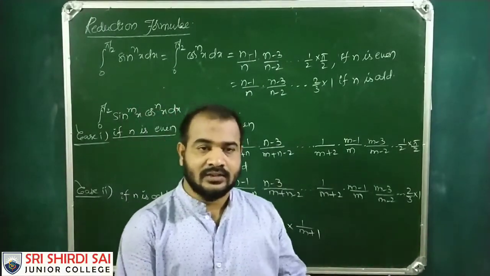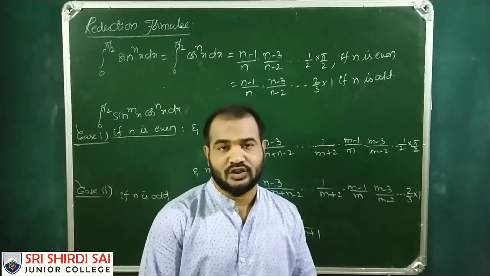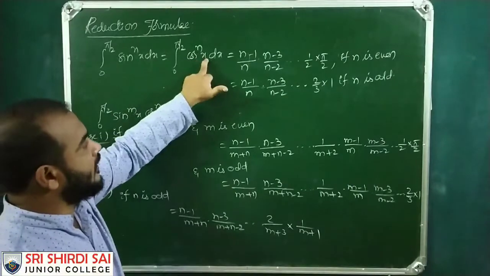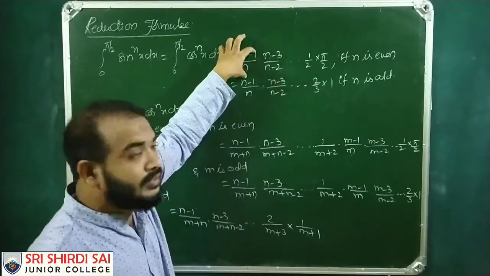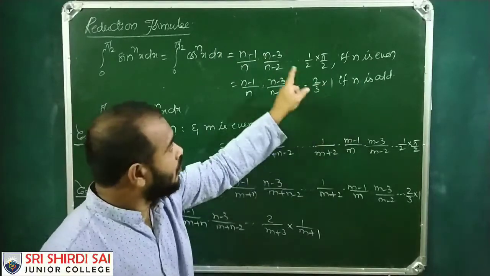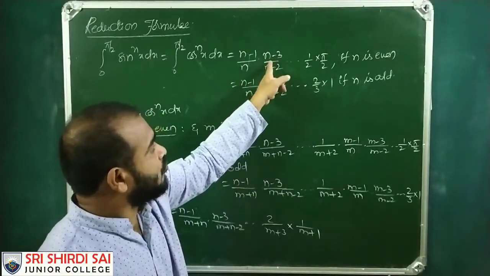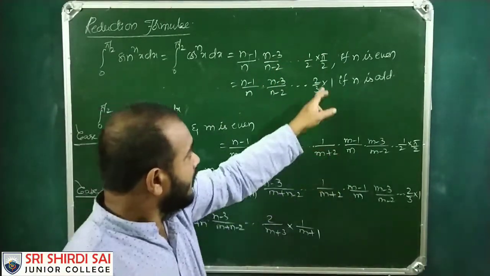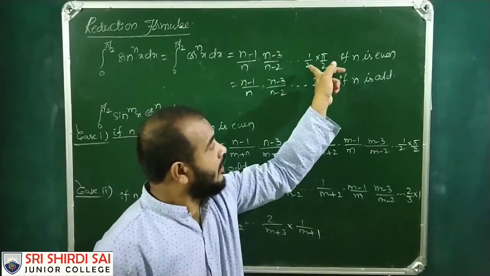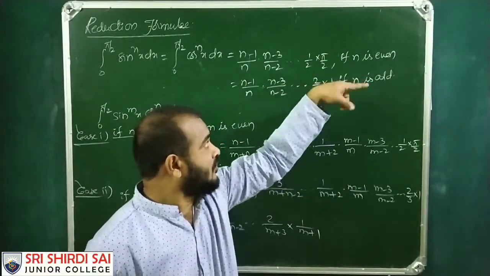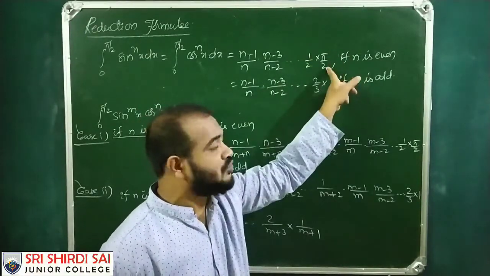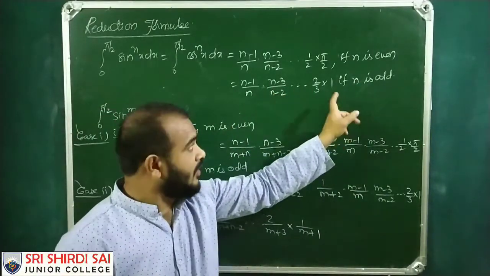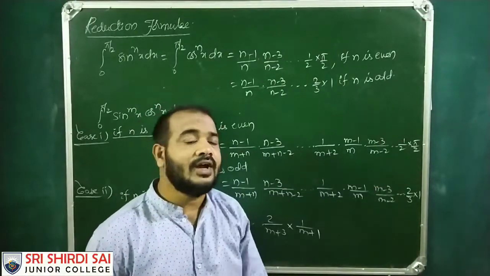So the next problems onwards, we will use the reduction formula. We have integral 0 to pi by 2 sin power n x dx or 0 to pi by 2 cos power n x dx is n minus 1 by n. This is to be remembered, and from then on, reduce the successive factors by 2, both on numerator as well as denominator. And if n is even, we will end up with 1 by 2, and the immediate next term is to be written pi by 2. And if we get 2 by 3, the next immediate term will be 1, if n is odd.